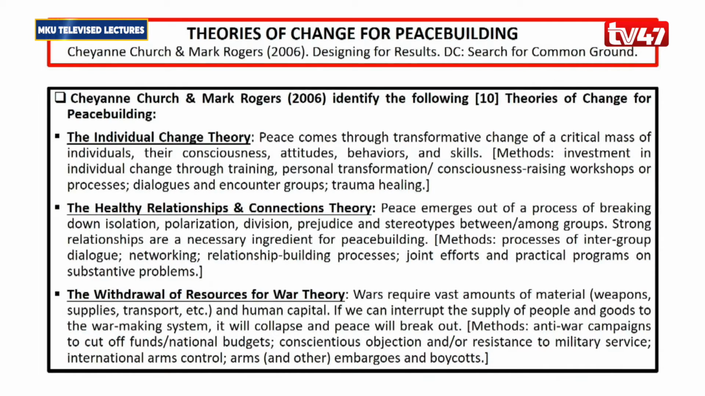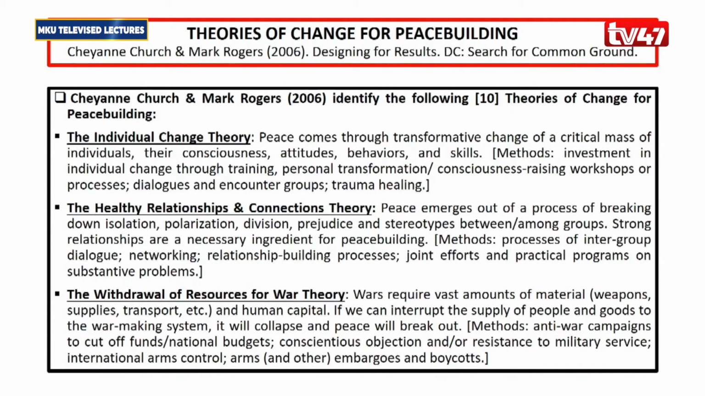And one of them is the individual change theory, which means for you to be able to do peace, you have to begin by changing individuals, their consciousness, their attitudes, and their behaviors, and building in them skills that will allow them to be able to relate with the others. So you have to change at least a critical mass of individuals so that they can be able to align their beliefs with peace. So you can do that through investment in individual change, through training, personal transformation, consciousness raising